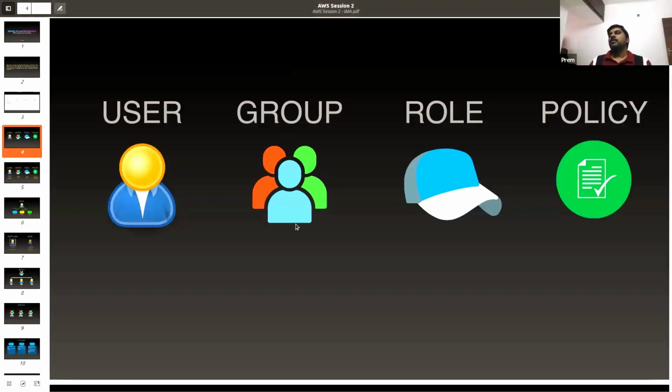Then groups is nothing but you can create multiple users and connect them to groups. And why we need groups is, basically, the next two things will justify that. A role is something similar to a user, but kind of, let's say I create a role called lambda read only user.